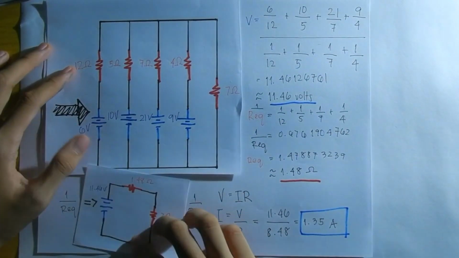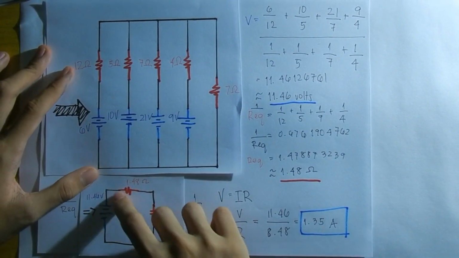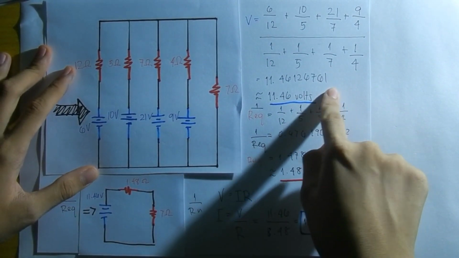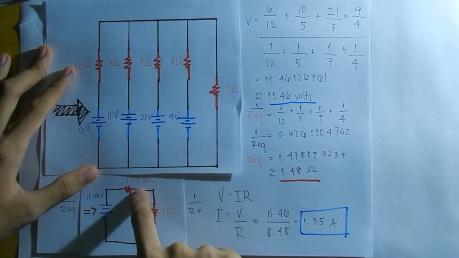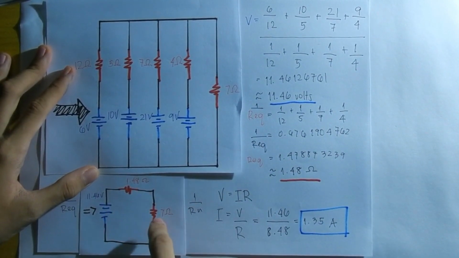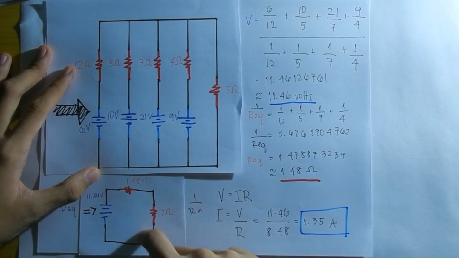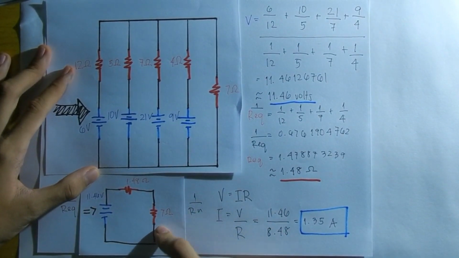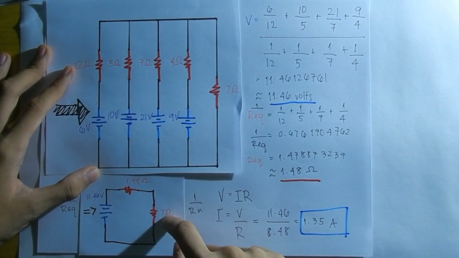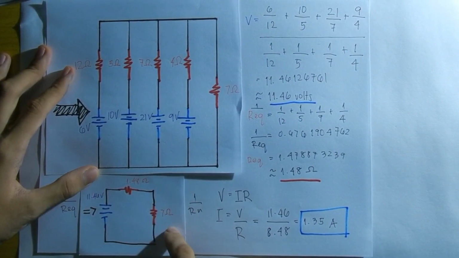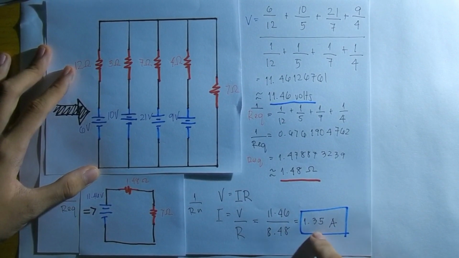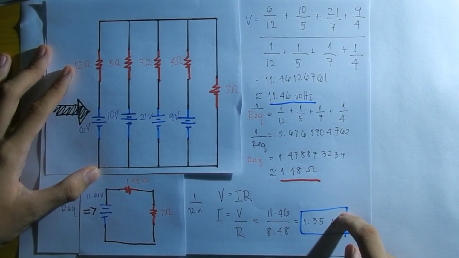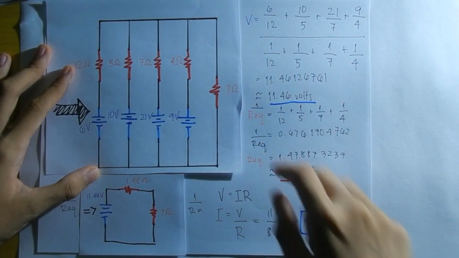Then put them in an equivalent circuit with the 7 ohm resistor, because we're looking for the current through the 7 ohm resistor. Then you can add the resistances because they are connected in series. 11.46 divided by 8.48 equals 1.35 amperes. And that is the current passing through the